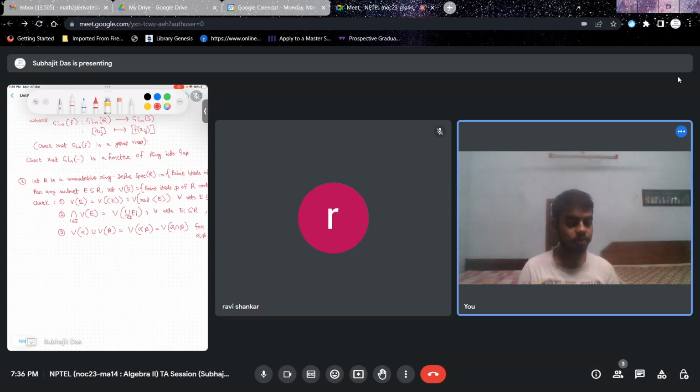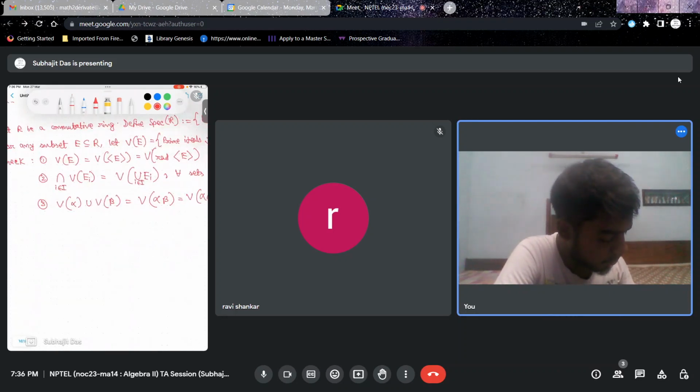So what I'm trying to suggest here is that you have a set Spec R, which is the set of all prime ideals of the ring R, and you have obtained subsets of this set, that is, each V(E) is a subset of Spec R, right? And this collection of sets is closed under arbitrary intersections, finite unions, and contains the empty set as well as the entire space, Spec R, right? So what this says is that this collection V(E),